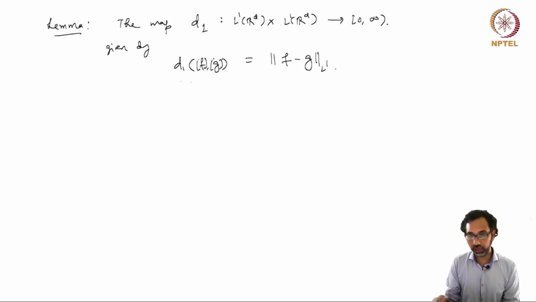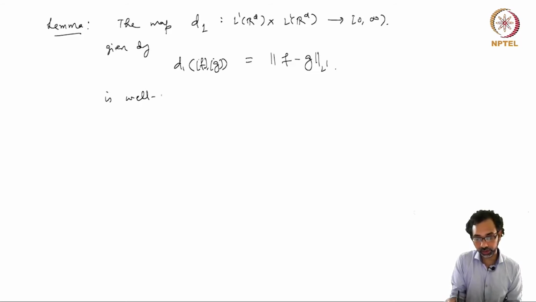One has to check that even if you take f prime and g prime in the same equivalence classes, you will get the same result, but this is an obvious statement to make. So first, this is well defined,